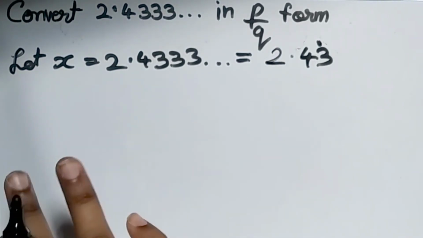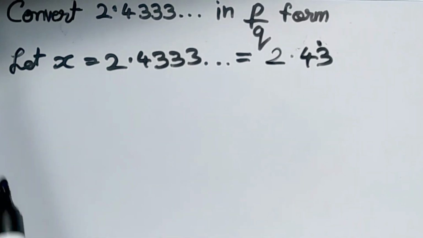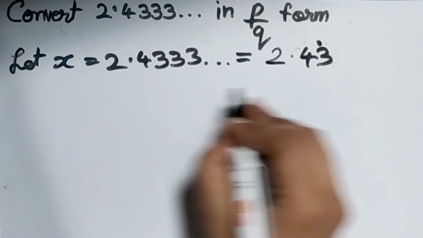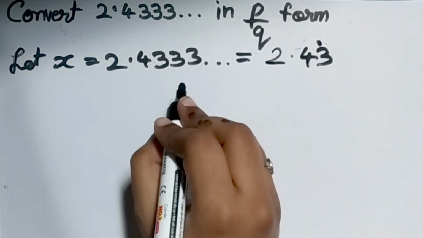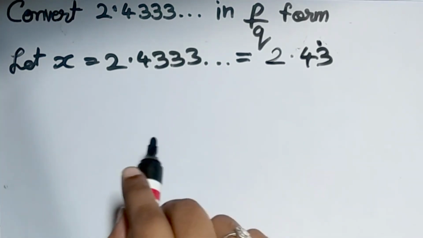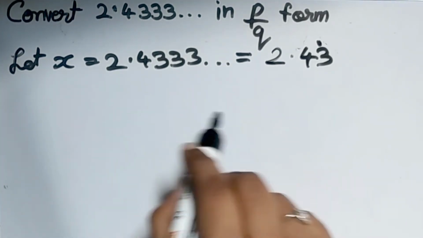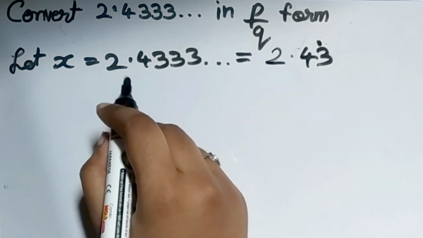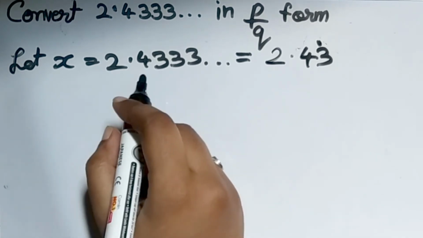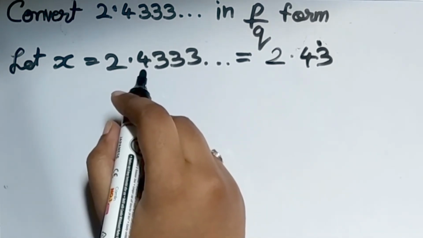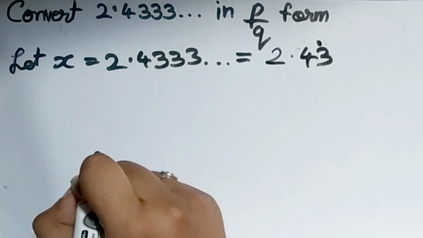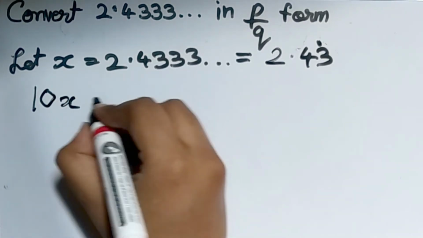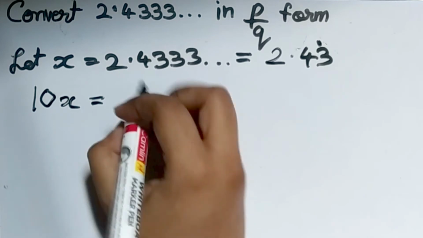Now before solving, we have to do one more additional step, because here after the decimal 4 is there. So only the repeating numbers should remain after the decimal. In the first two sums, the repeating numbers were directly after the decimal, but here 4 is there and it comes only one time. So we have to take the decimal point after 4. Now how can we do that? If we multiply this x by 10, the decimal point will shift, right? So what will we get?